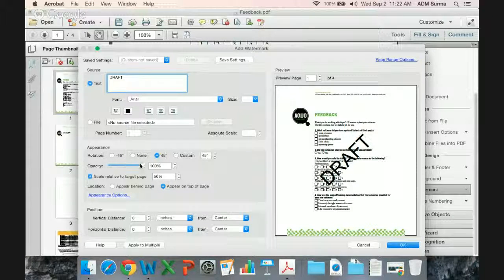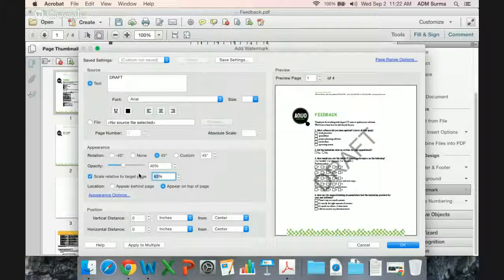This one here is the one that's important, the opacity. Right now, you see the preview over here that it's pretty dark and shows up. I can bring that opacity down to 40%, and it's very muted. I can also scale it to the relative page. So if I click on that, that's going to just put it in at this 24 point. If I say scale, it's going to make it 50% of the page, or I can bring it out,